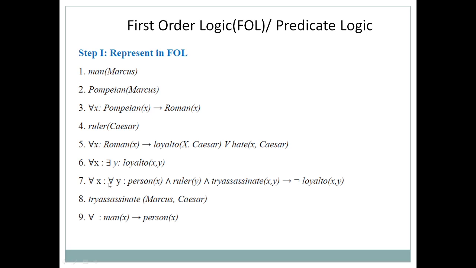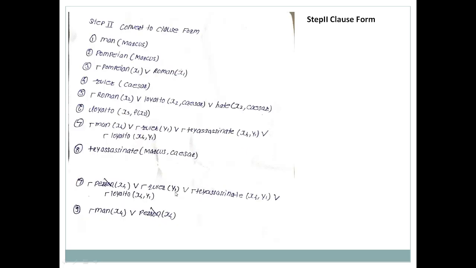Why? Because here there is no existential quantifier. In this case we have replaced y with terms of function of x, because there exists an existential quantifier. But here we have y, and we are not going to replace it in terms of function of x, because it does not make use of an existential quantifier. So you have to replace it only with y1.